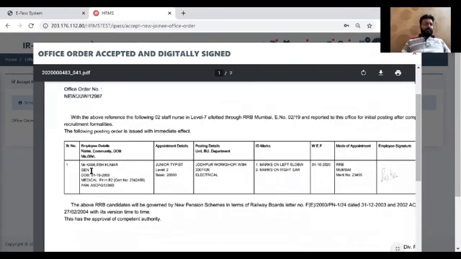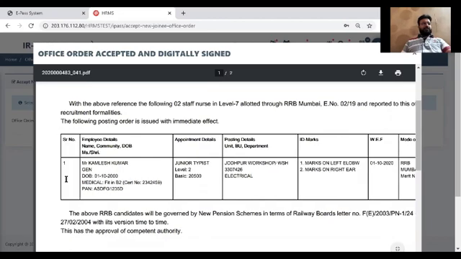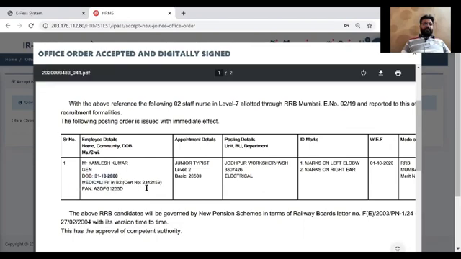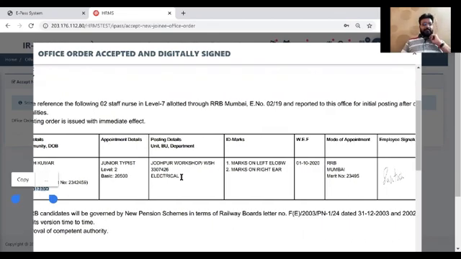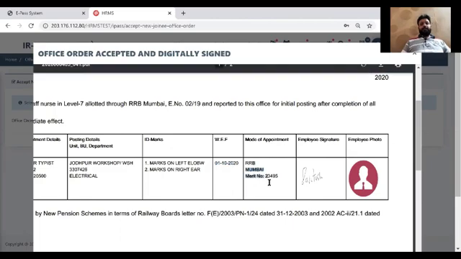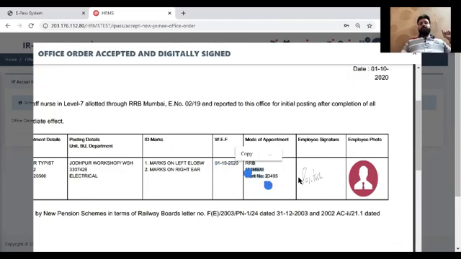Then in the center box, we have employee information. So let's check what information is there. We have the name of the employee, Kamlesh Kumar, his category and date of birth, medical certificate number, category, PAN number, appointment related detail. We have his department, designation and pay related detail, his unit, his bill unit. Then we have identification marks that we entered at the time of composition. Then with effect from date, mode of appointment detail, and in the rightmost side we have the photograph of the employee and the signature that we uploaded here.